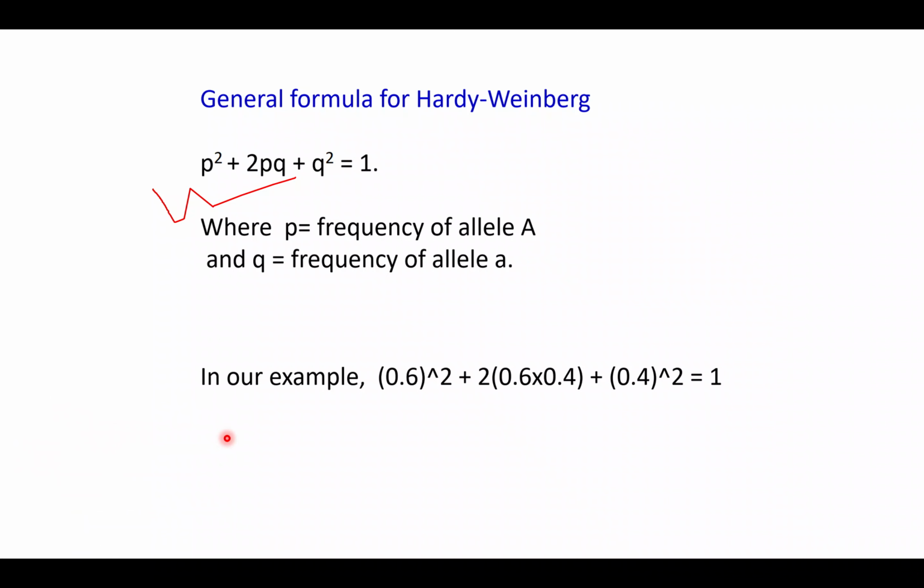What is allele? What is allele frequency? How we denoted P and Q, and then if there is twice, you have to multiply it twice. If you multiply P twice, it becomes P square. If you multiply Q twice, it becomes Q square. If you multiply PQ, it becomes PQ. But there are two possibilities of PQ, so 2PQ. And if you add all the allele frequencies, it will be 1. So this is the Hardy-Weinberg principle.